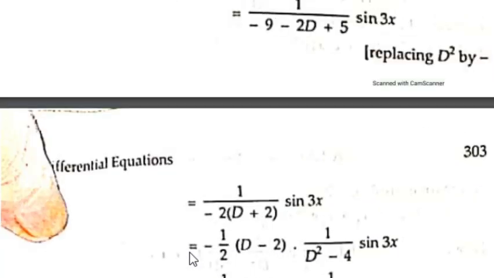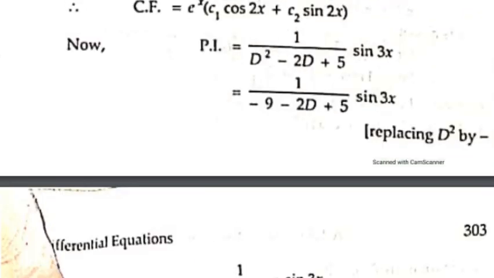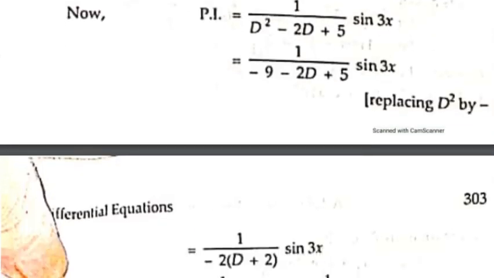Okay, so now we write the particular integral. Your particular integral is 1/(D² − 2D + 5) sin 3x. As the function f(x) is sin ax, or sin 3x, here the rule is just replace D² by −a². Here a is 3, because it is the coefficient of x in the sine function. So a is 3,